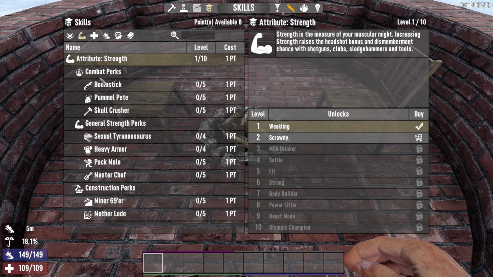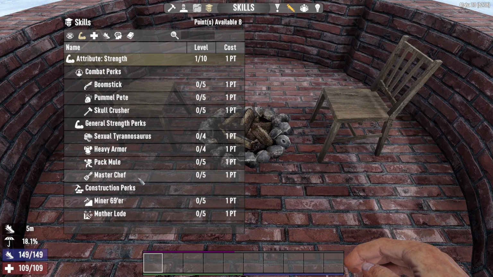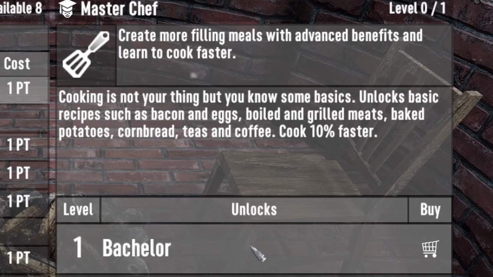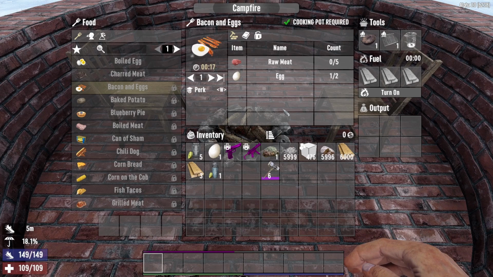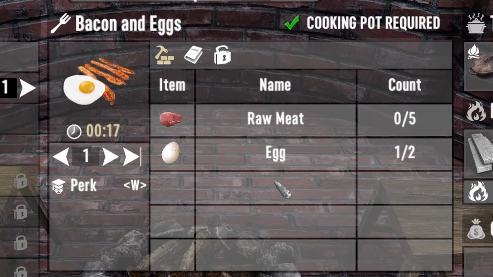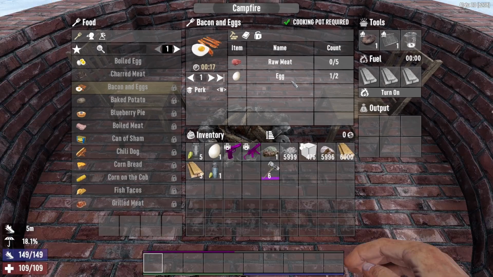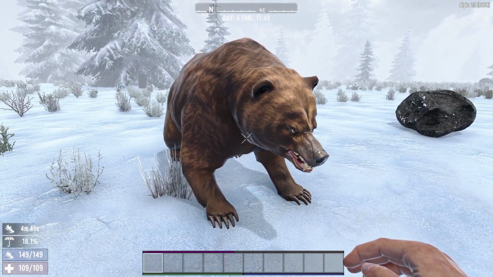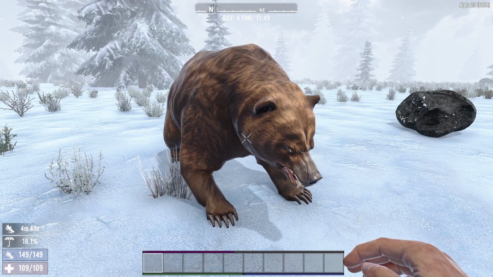I recommend putting one of your first skill points into the Master Chef skill, found in the Strength skill tree. This will allow you to cook bacon and eggs, boiled and grilled meat, baked potatoes, cornbread, teas and coffees. Bacon and eggs is one of my favourites because it only needs 2 eggs and 5 meat, which are both easy to get, unless you try to get meat from a bear. Then you won't be worrying about dying from starvation, but about a big furball trying to turn you into a